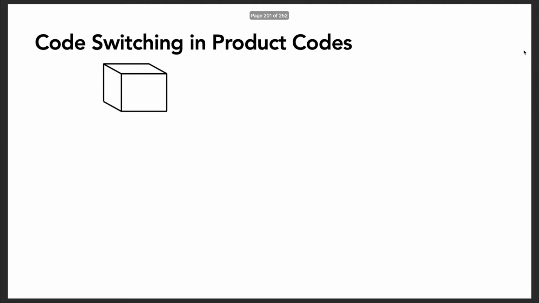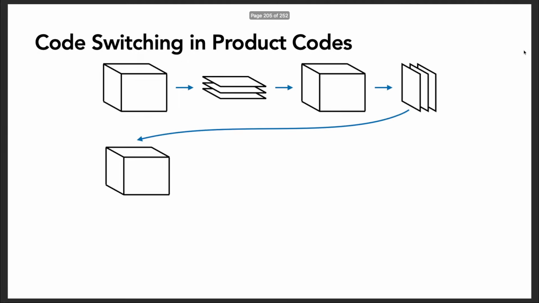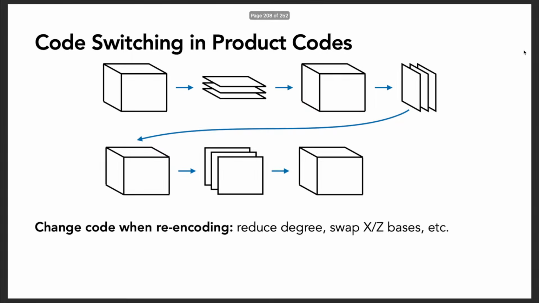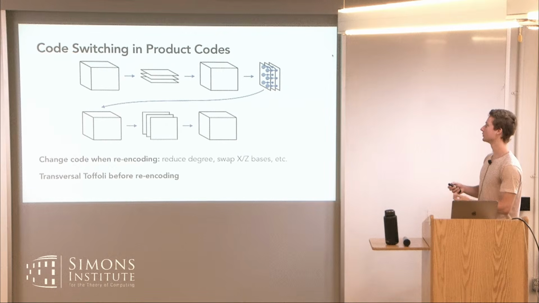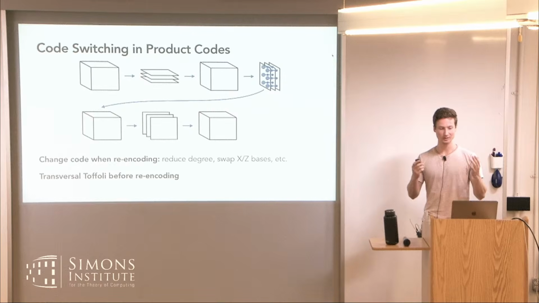And the nice thing about that is if we code switch in all the directions, one at a time, first in one direction, then another direction, then a different direction, we can swap out the factor codes one at a time. Once we do this in all the directions, we can change the code degree, swap the X and Z basis codes, and so forth. And we can actually even do more. We can do transversal gates in these intermediate stages when we're decoded out of one of the codes, which means we can choose which direction we do our Toffoli gates in. So we can do Toffoli gates not on the entire code block, but on these smaller code blocks, these hyperplanes.